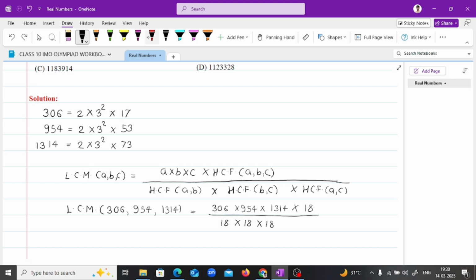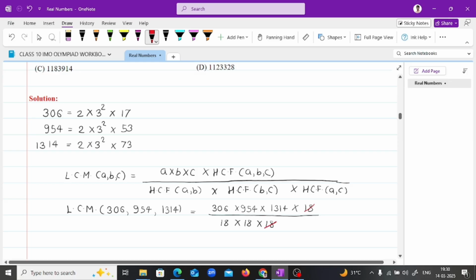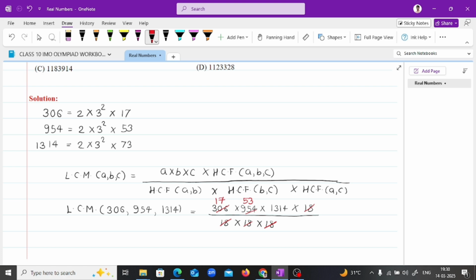Okay, now in order to find the LCM of these three numbers, we need to simplify this. So we can cancel out this 18. If we divide 306 by 18, we get 17. If we divide 954 by 18, we can easily get 53. I can write this easily because I have already written here the prime factorization of all three numbers. Okay, so now